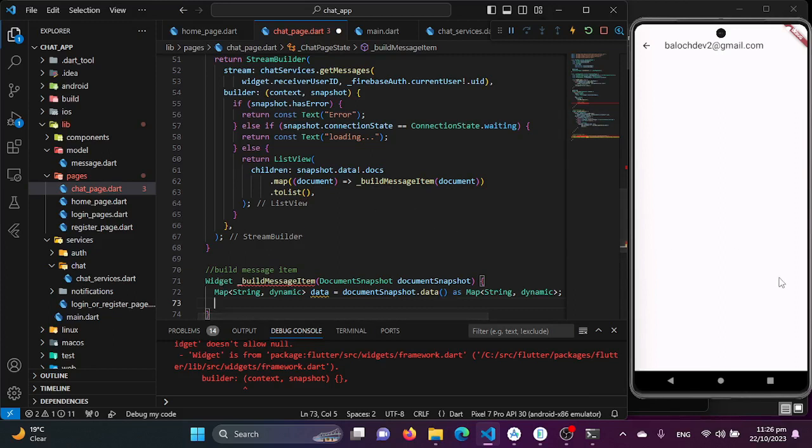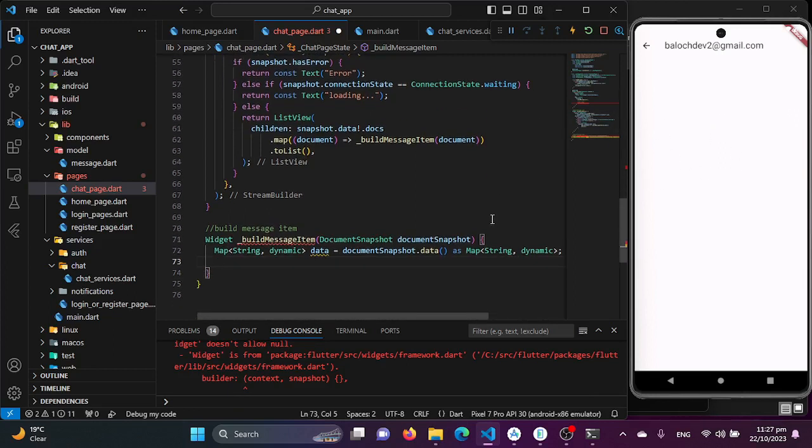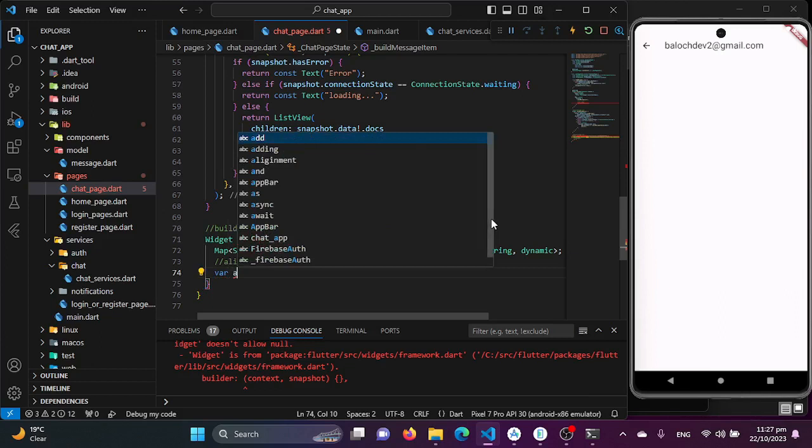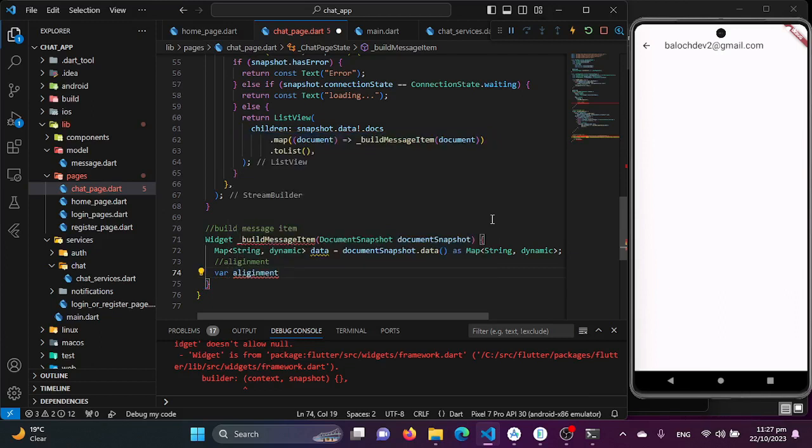If the current user sends a message, it will show on this side, and if the receiver, the other user, sends the message, it should be shown here. So basically we will be creating this for alignment here. So what we can do is create var alignment is equal to